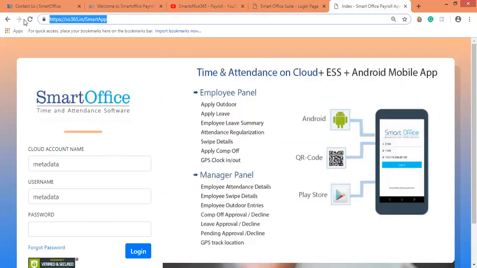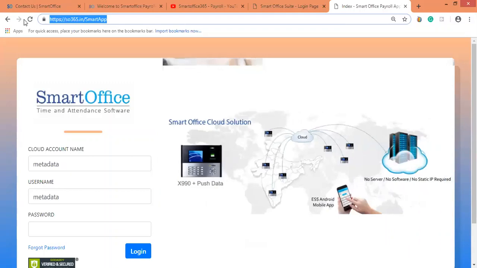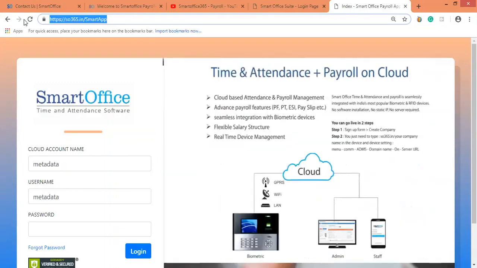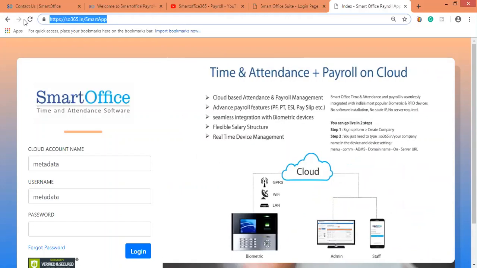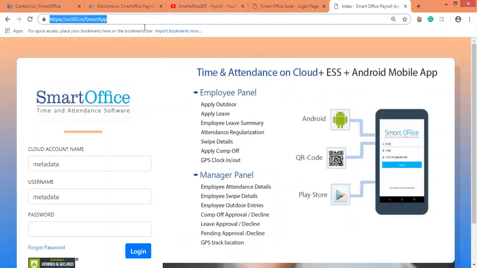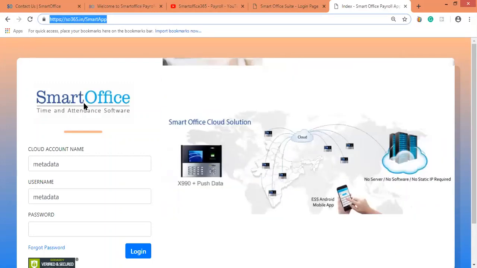No need to maintain a server, so you won't have the burden of maintaining and installing the server. The URL is so365.in/smartapp. And for the cloud application also, you'll get a mobile app or ESS, that is the employee self-service login.